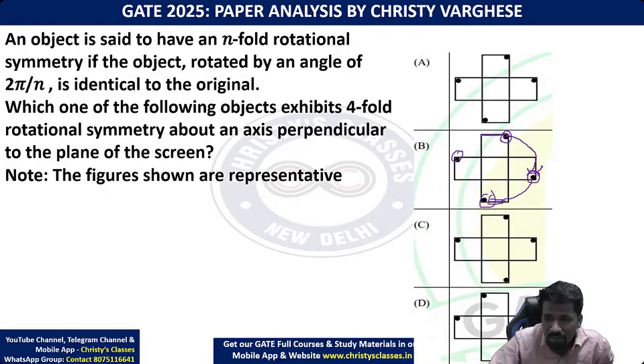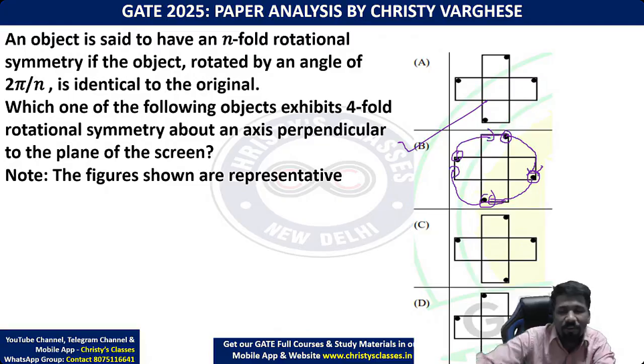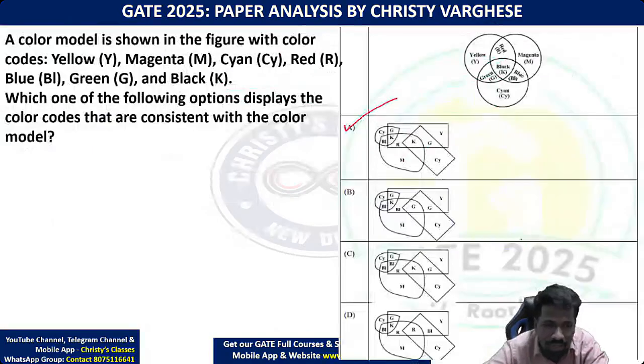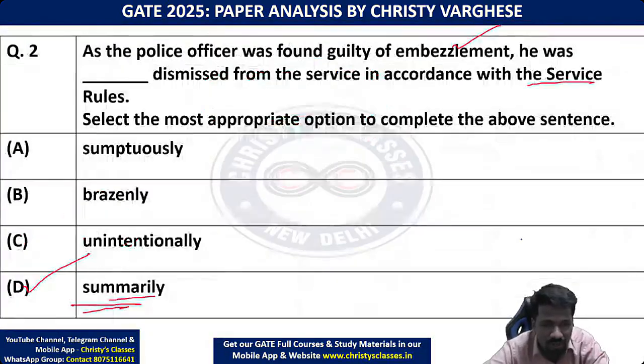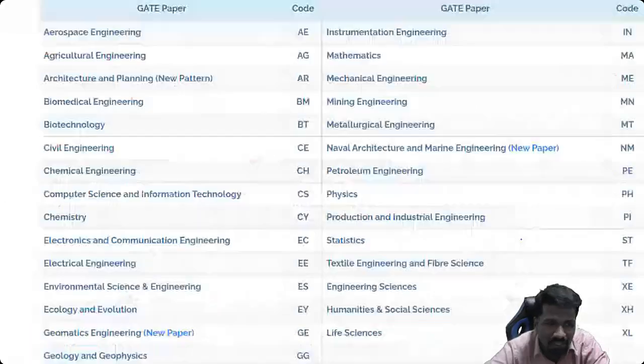This rotated, it will be here; this rotated, it will be here; this rotated, it will be here. So option B perfectly fits. Clear or not? 90-degree rotation. Those of you who have confusion, after we discuss the theory of rotation, translation, flipping, etc., you will understand it completely: what clockwise rotation is, what anti-clockwise rotation is, and what changes occur in 90, 180, 270, 360 degree rotations. After that you will properly understand it.